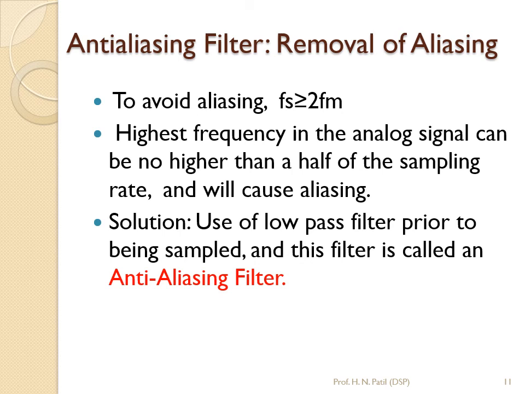This low pass filter will cut off all the high frequency signals and pass only the low frequency signals. The high frequency signal, which will introduce some error or disturbances in the signal, can be removed with the help of that low pass filter. And such a low pass filter will create the band limited signal for the analog to digital converter, and only that low pass signal will be converted into sampled form, and this filter is called the anti-aliasing filter.